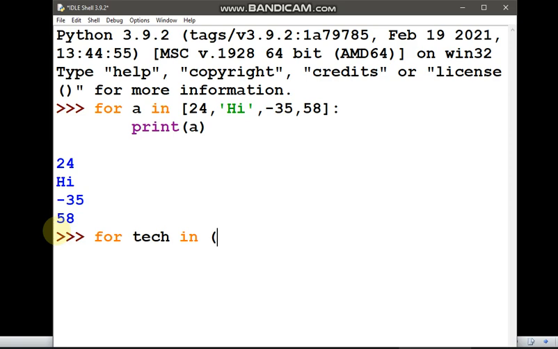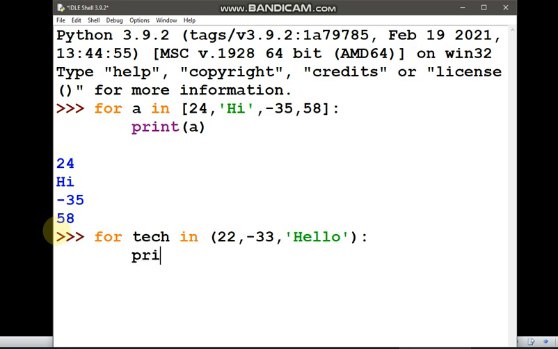Let's take a tuple with some values like 22 comma minus 33 comma, and then let's take a string, hello. So this is my tuple with 3 values.